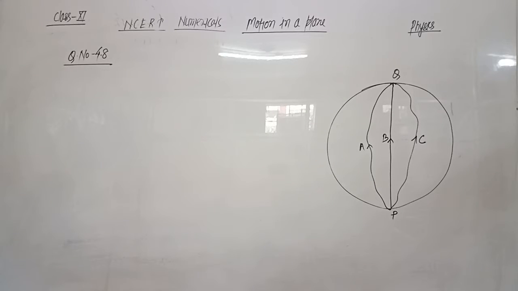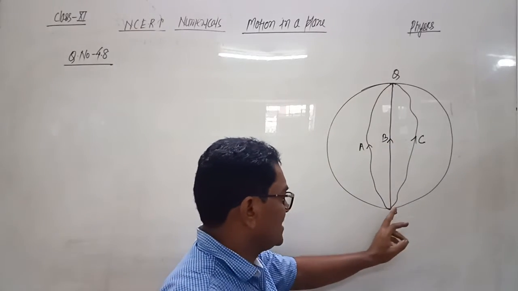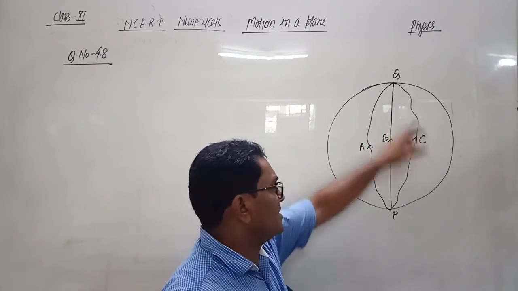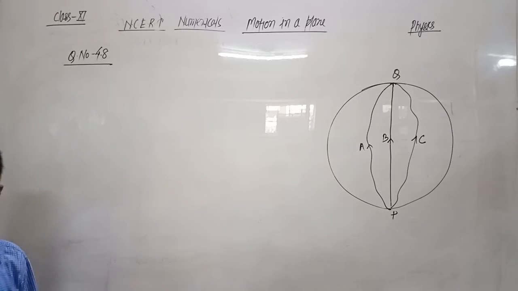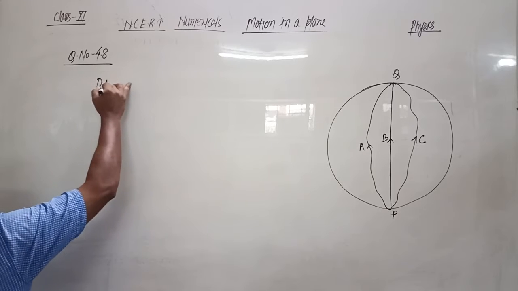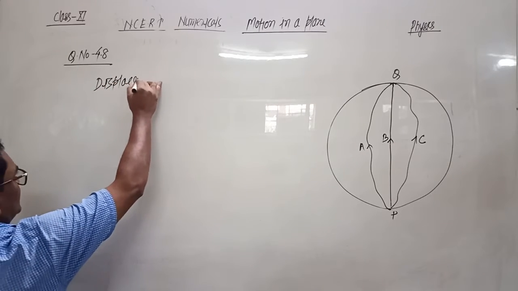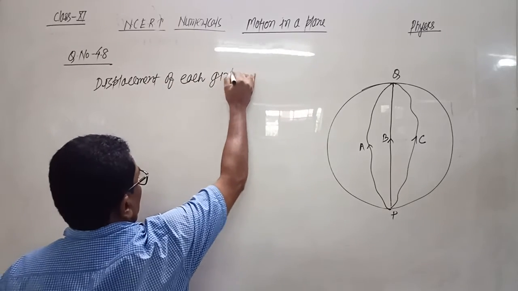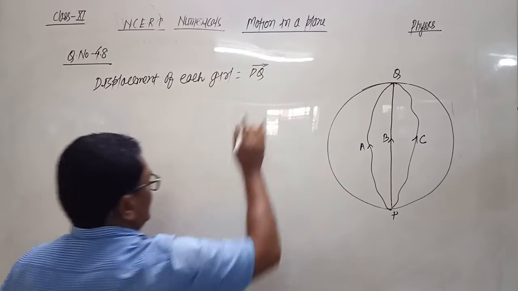So we have to find the magnitude of the displacement vector of each gull. Is this equal to the actual path length covered? The displacement of each gull is equal to vector PQ, because their initial point is P and their final point is Q. From all these three paths, they reach the final position Q. So the displacement of each gull is equal to the PQ vector.